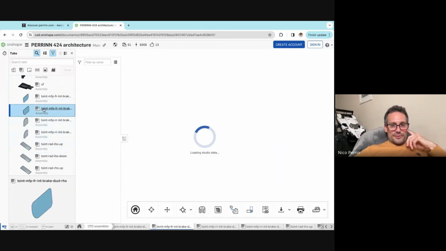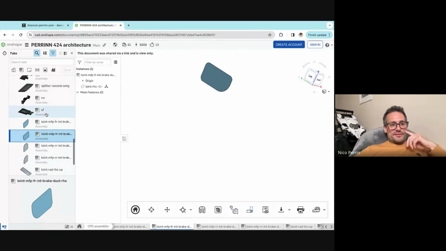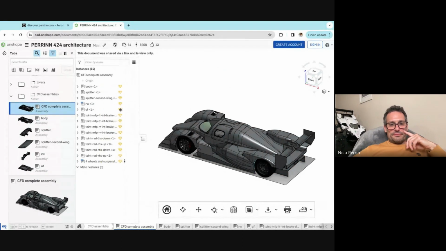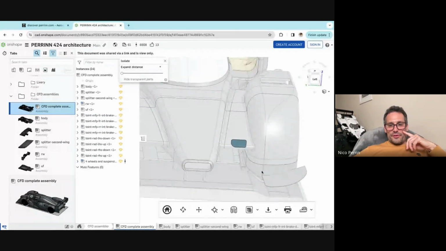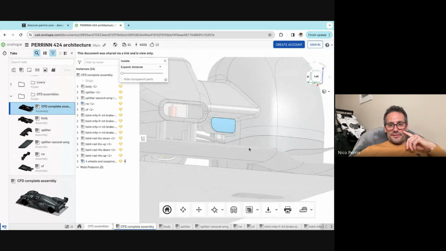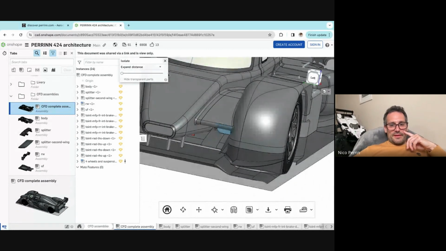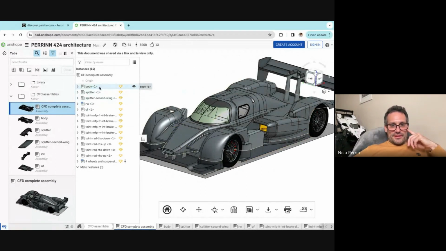You've got all these little surfaces that are measuring the mass flow to the brakes. So if we go back to the main assembly, you see all of them here. I can isolate that. You can see that we are measuring the mass flow going to the front brakes through the inlets here. So all you need for CFD with our methodology is this assembly that covers the body of the car,